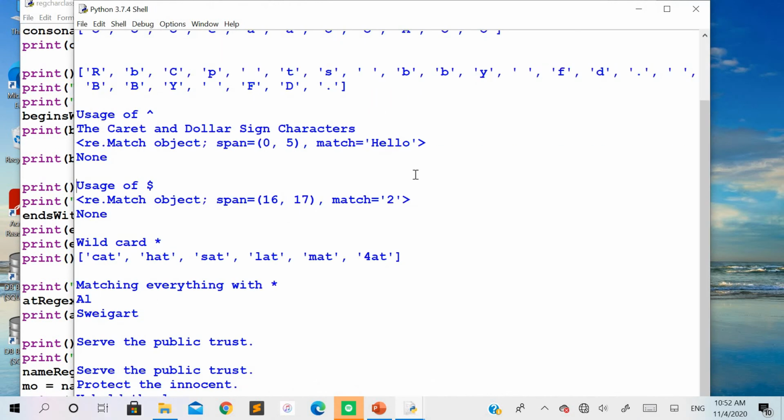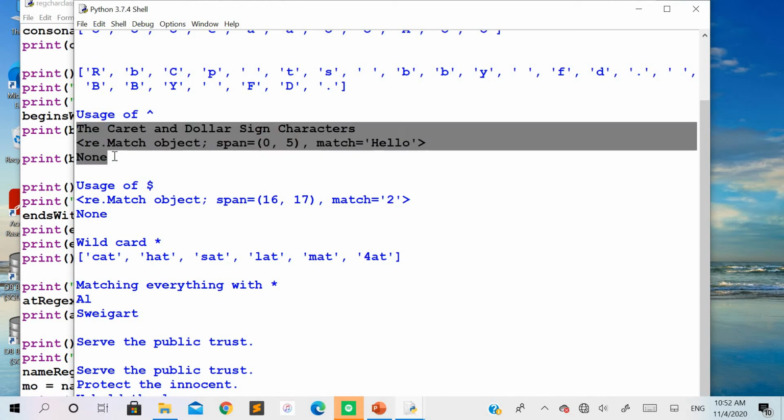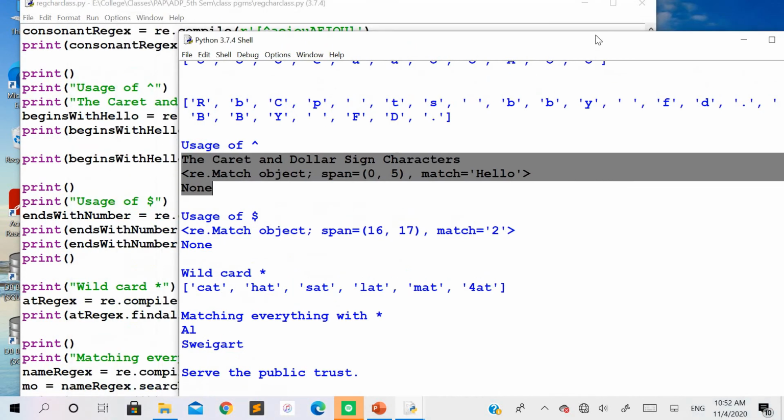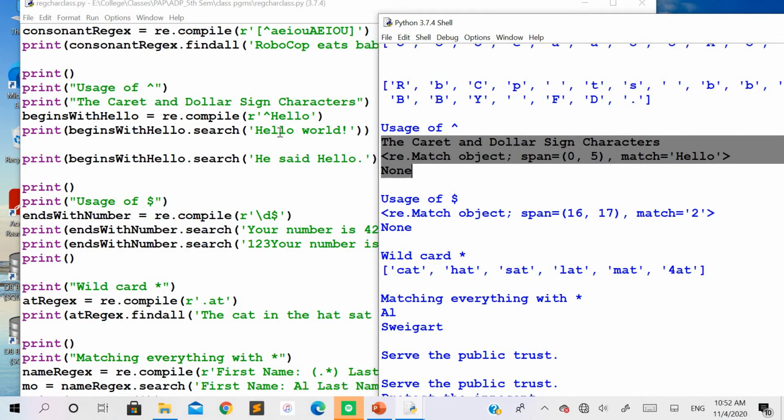So you can see here, this is the part of the program that I'm explaining. For the first example, where you have the hello at the beginning of the input string, you got a successful search, saying match is equal to hello. In the second example, hello is present at the end of the string, but it is not at the beginning of the string. The regular expression we have defined asks the pattern to be at the beginning of the string, so for that you are going to get the result as None here.